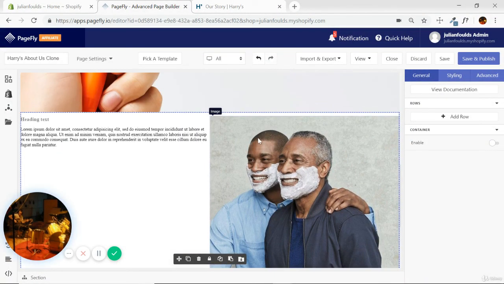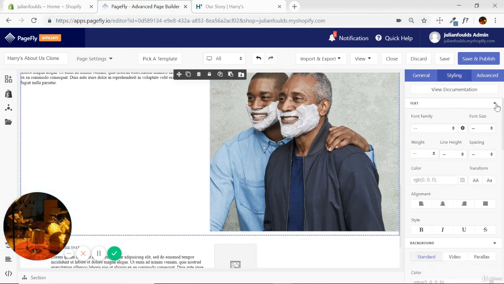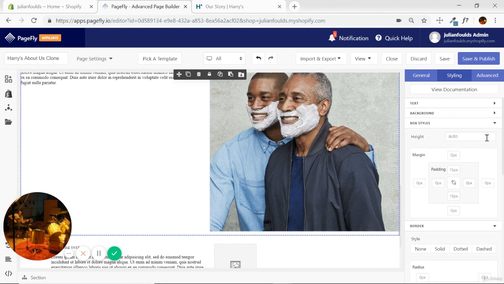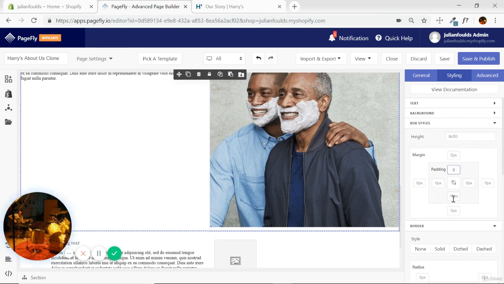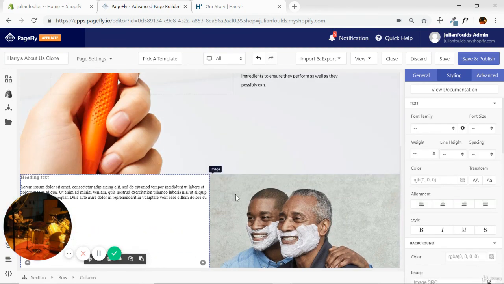And then we can see there's just a slight margin on the top and bottom, which we can get rid of. I'm still with my section highlighted here. No padding. So we want 0 padding on the top, 0 padding on the bottom. Okay. We've got that touching